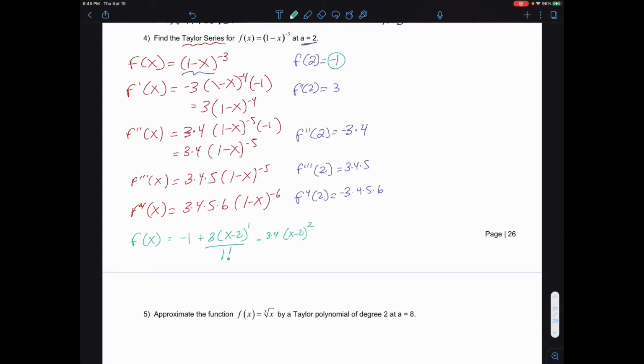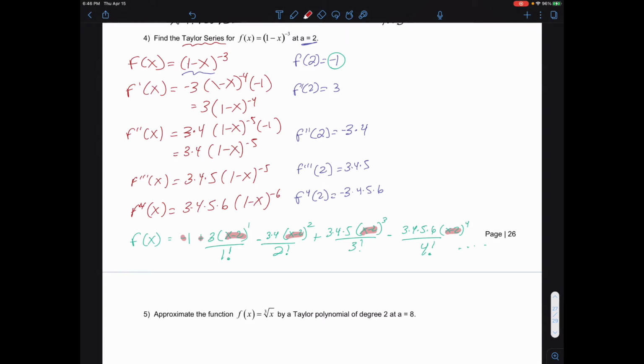and we have (x minus 2) squared over 2 factorial, and then we have positive 3 times 4 times 5, and that's going to be (x minus 2) cubed over 3 factorial, and now I'm going to have a negative 3 times 4 times 5 times 6, and that's going to be (x minus 2) to the 4th power over 4 factorial. And of course, I continue that. So you notice what's different here, besides our values being negative and positive, is